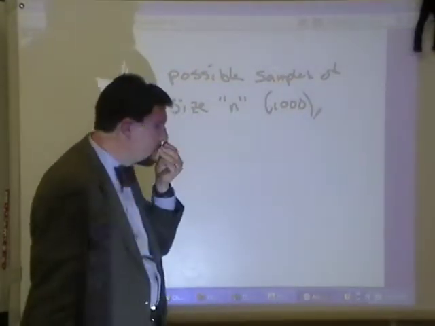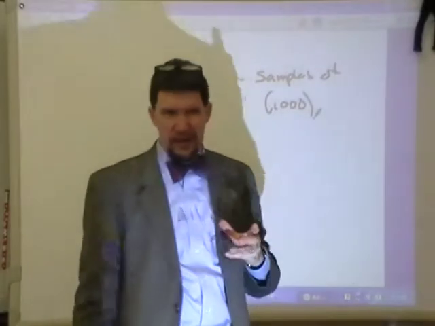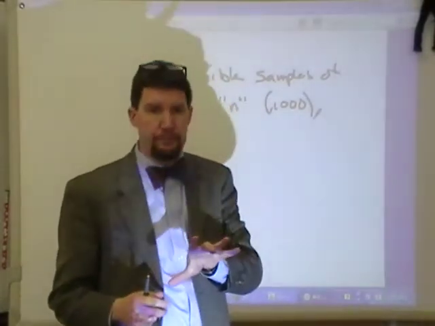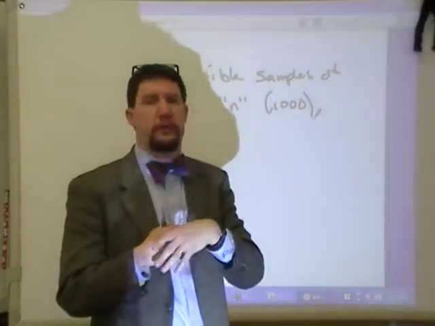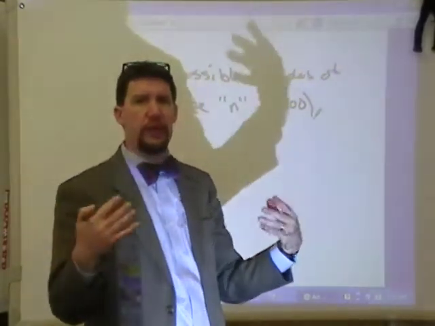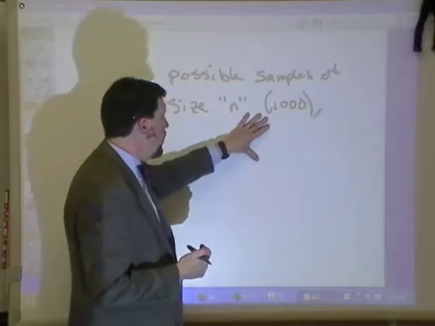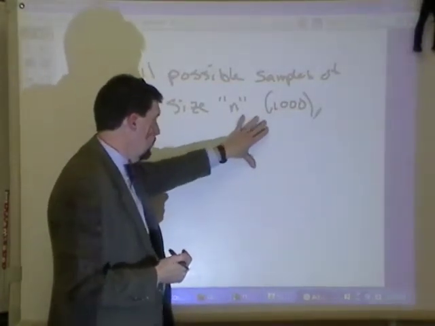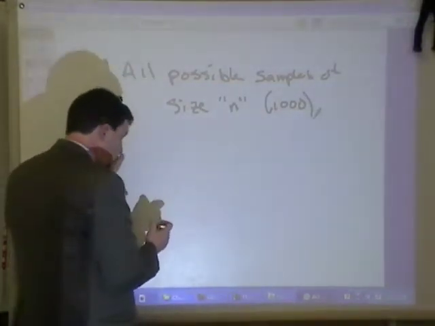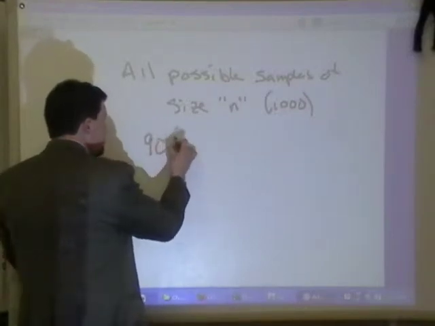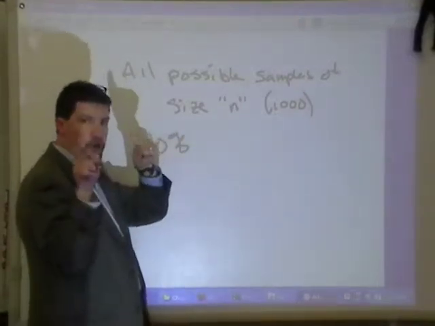If I would take all different possible combinations of samples of size 1,000, and there are, you know, ungodly numbers of them, that would be back into figuring out combinations and permutations, okay? If I take all possible samples of size 1,000, okay, then what that means is 90% of all those possible samples